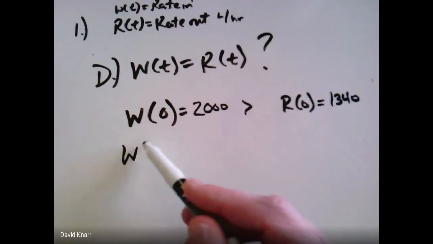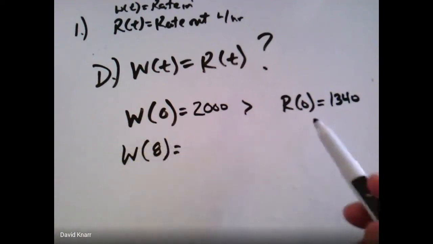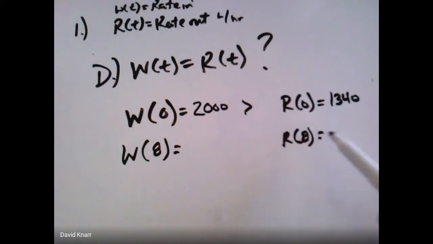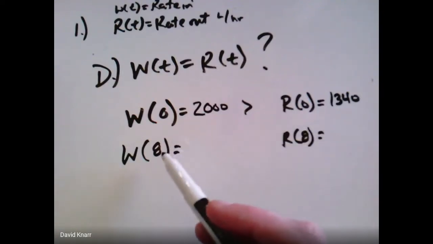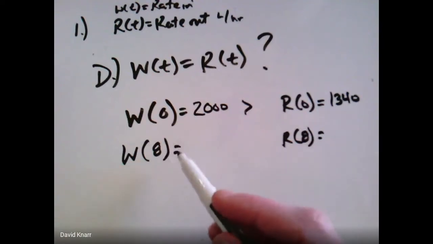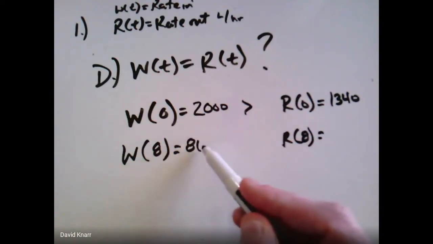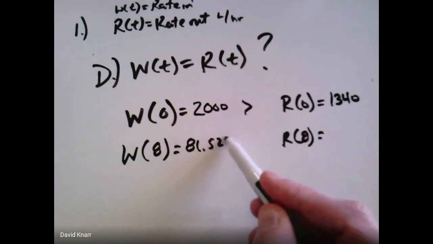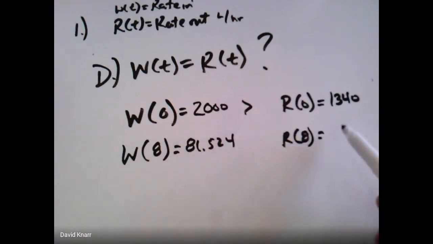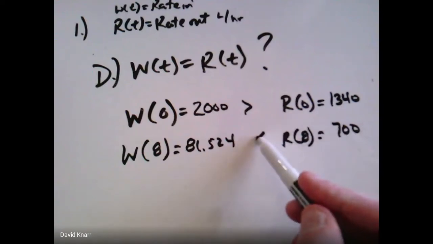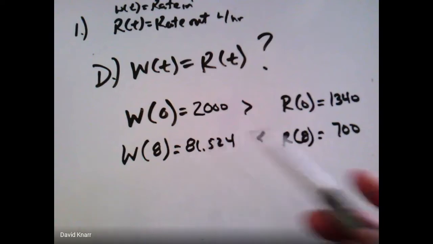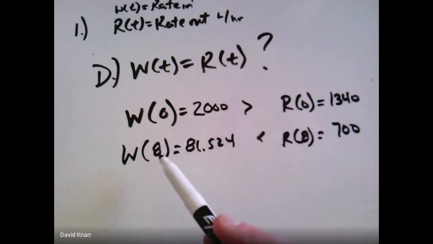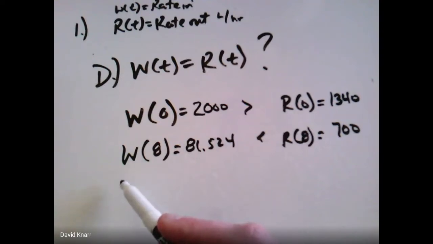Now, if we look at W of 8, what happens at the end versus R of 8, let's see what happens here. W of 8, we can find by taking 8 and plugging it into the function, just typing in your calculator, you get 81.524 versus R of 8, which is in the chart, which is 700. So now R of 8 is bigger than W of 8, which means the rate out is bigger than the rate in. Okay? And we also know that these rates,